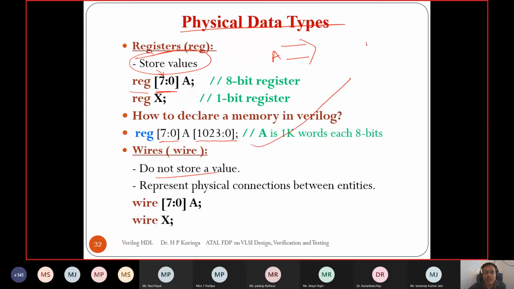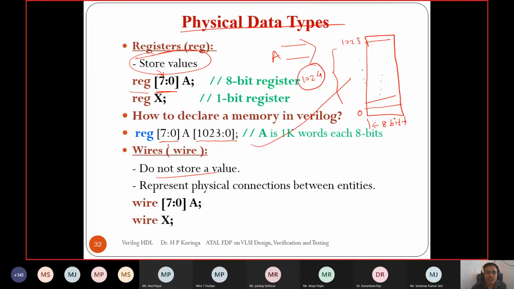So it constructs a memory of 1 kilobyte, with each location 8-bit and a total of 1024 bytes. So the syntax is reg, then width, variable name, and then the size we have to specify. Similarly for the wire, right?